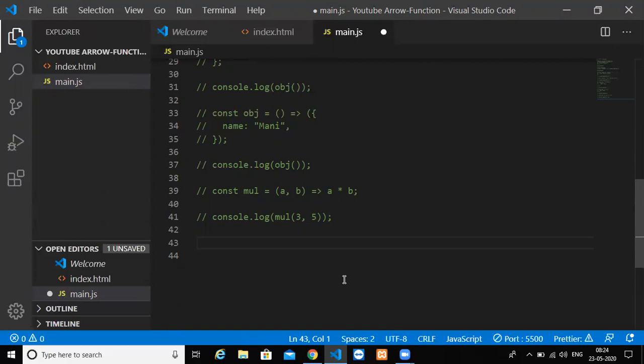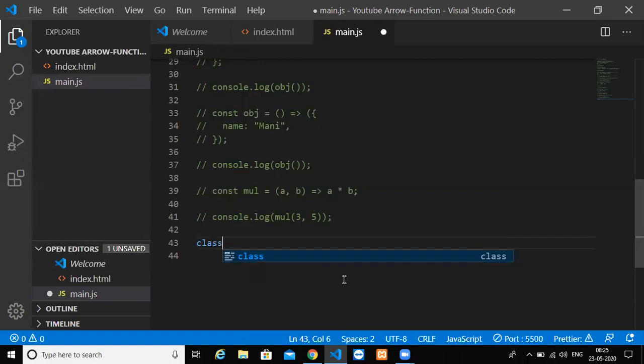In the last video, I already discussed understanding the this keyword in JavaScript. If you have not really understood the this keyword in JavaScript, you can make an effort to look into that video. Okay, so now we'll see the differences.